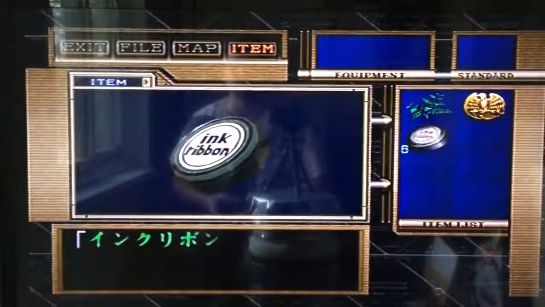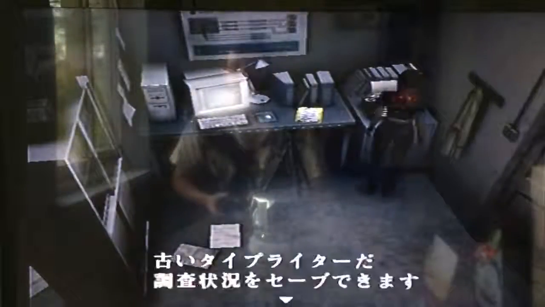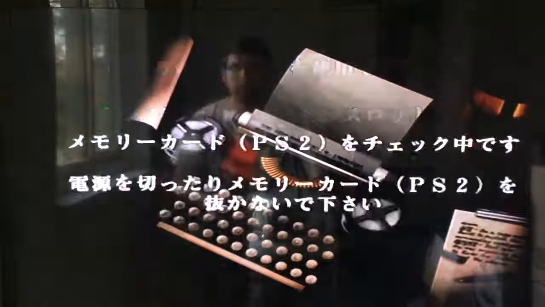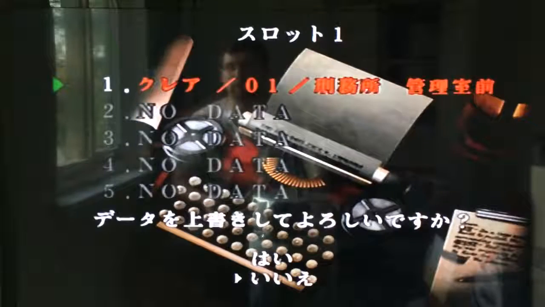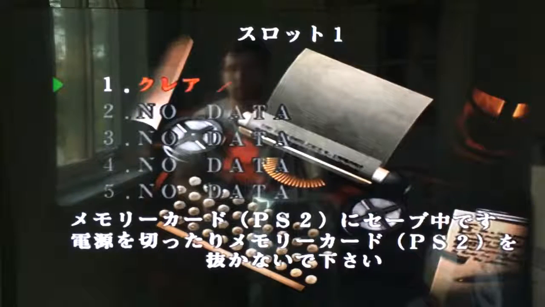Here's some more ribbons. So we can save the game again. It's just interesting. So Leon Scott Kennedy gets his own game after this one does, and